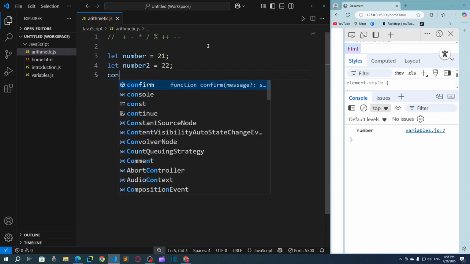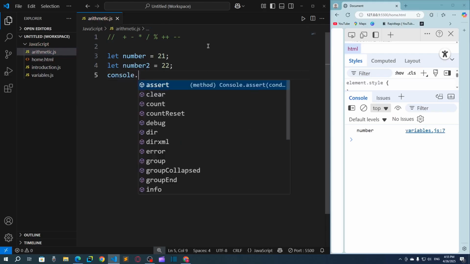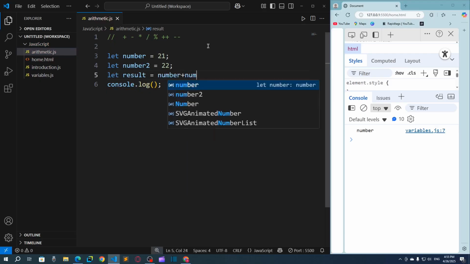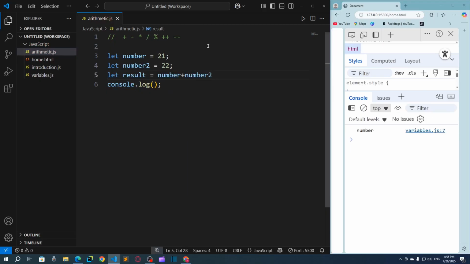So now let's say I want to do addition. I will say console.log. Actually I want to set one more variable for the result. I will say result is number1 plus number2, and I want to show the result here. Copy, paste, and here you can see